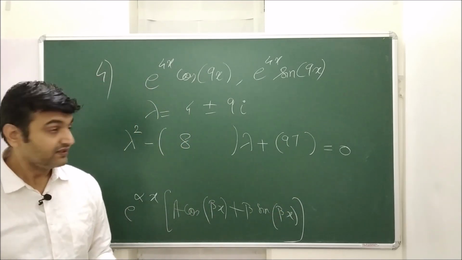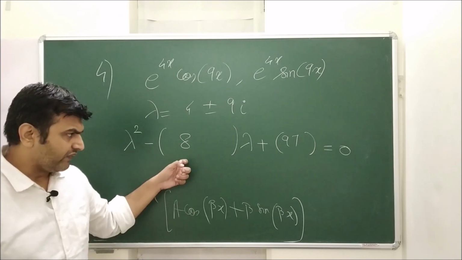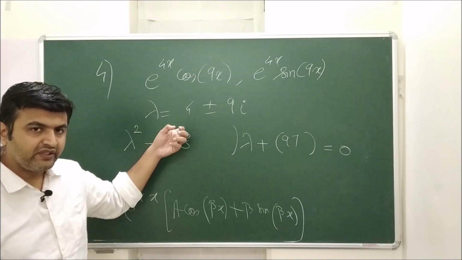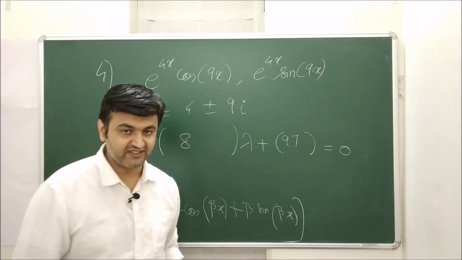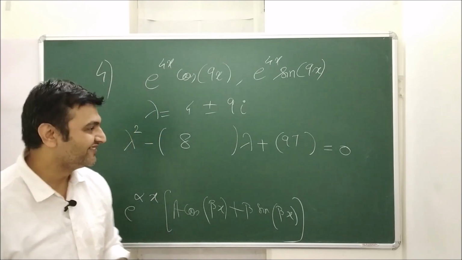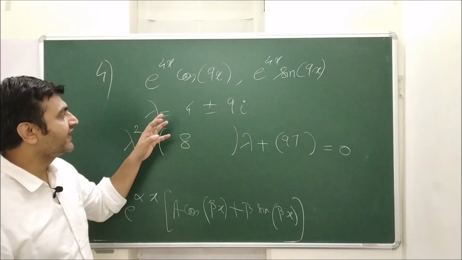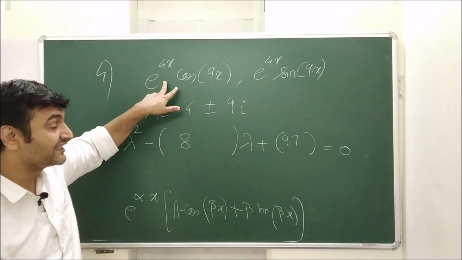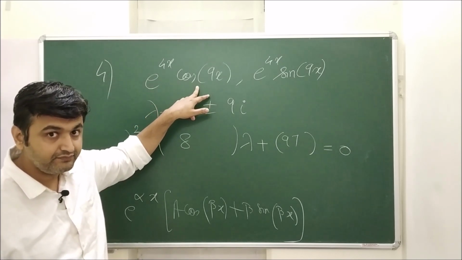That's what the answer is. You can check this, you find the roots. If it's coming out to be different, you can correct me in the comment section. I love it if someone corrects me. Okay, so that's how you will tackle the problems when you have the product of exponential and cos.